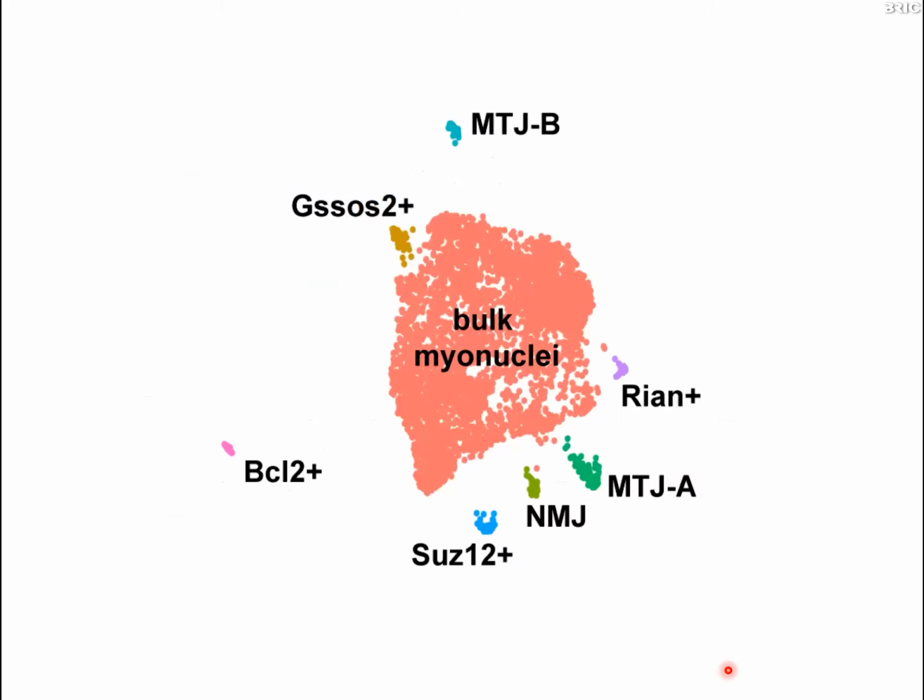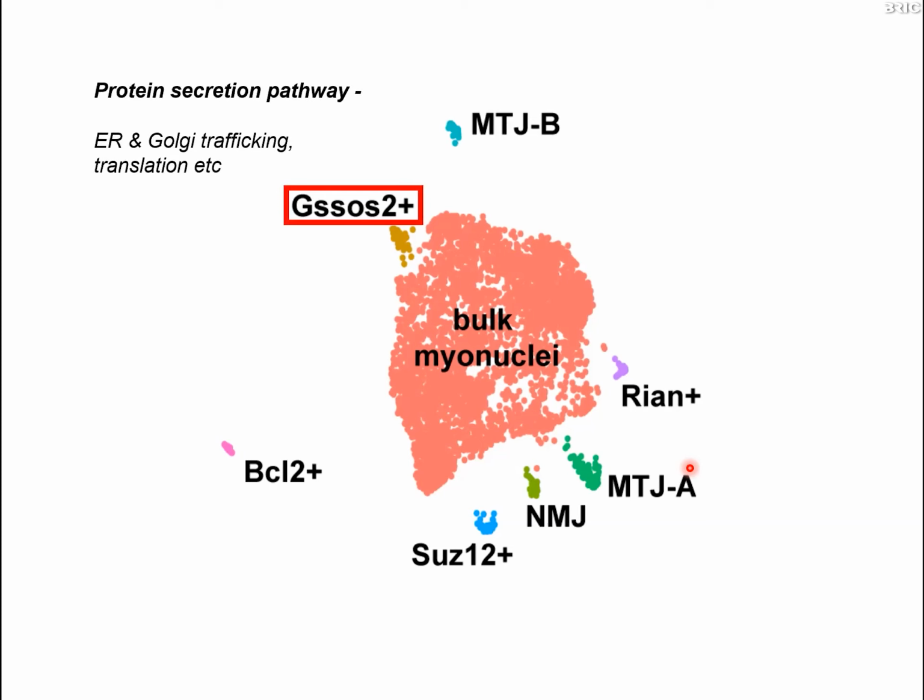So far, I have shown you that we could identify the previously known population at the NMJ and the expected but never characterized populations at the MTJ. Now the rest represent completely novel nuclear subtypes, and I will not go into the detail today, but I will just give you the key markers and the speculated function of the rest of the nuclei. In case of the first novel nuclear subtype, a lot of their marker genes appear to be involved in trafficking at the ER and Golgi